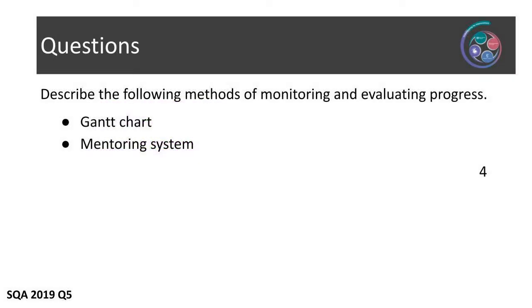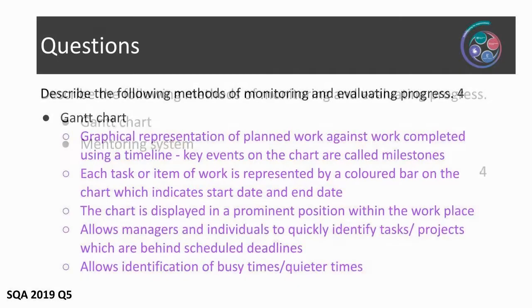Keeping with the theme of time, we've got another 4-mark question here, which asks us to describe the following methods of monitoring and evaluating progress. So we're asked about the Gantt chart, and we're also being asked about the mentoring system. It's a 4-mark question, and it's a describe question. So with the Gantt chart, of course, it's a describe question. So you've got to make a number of relevant factual points, which may be the characteristics or the actual features